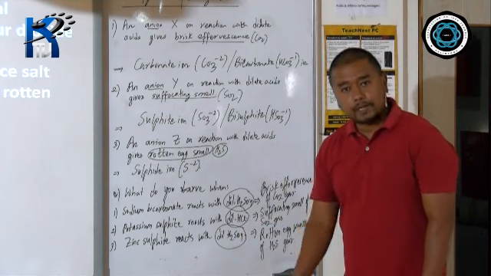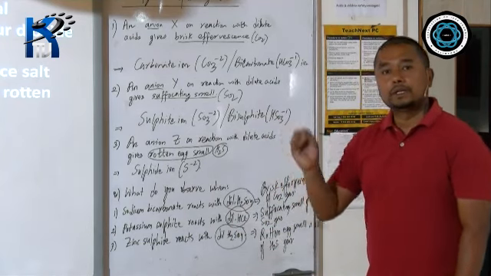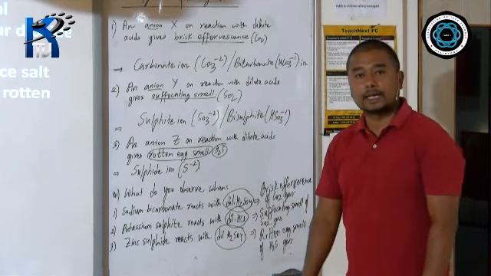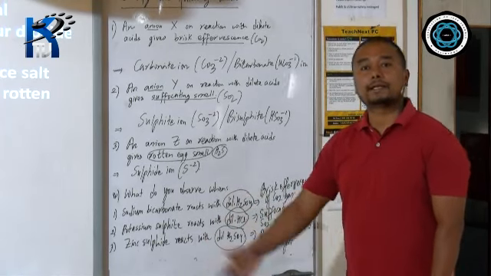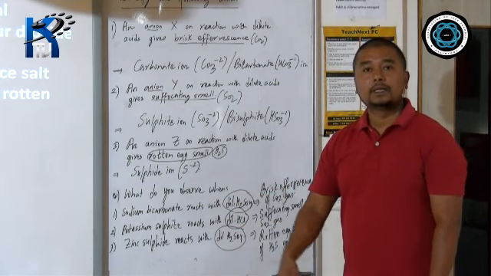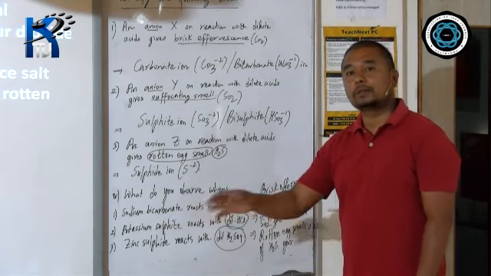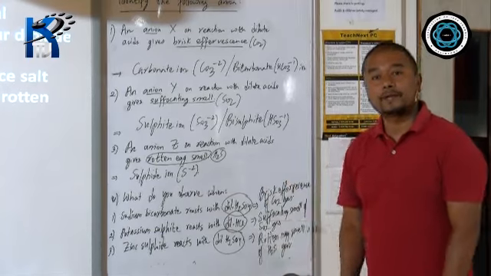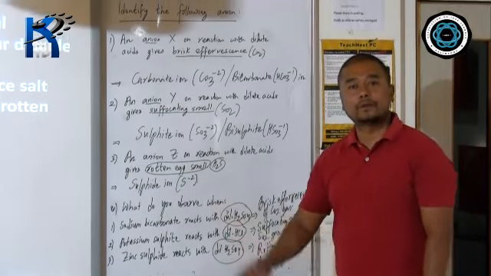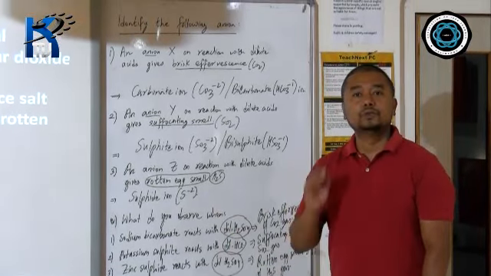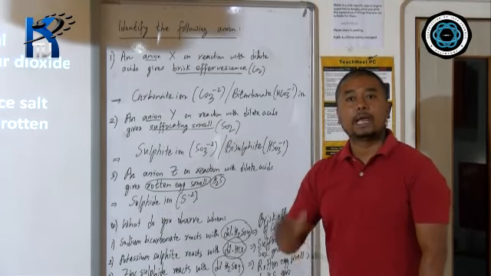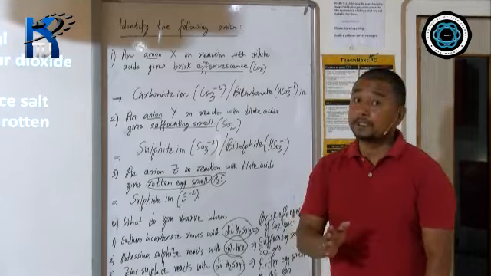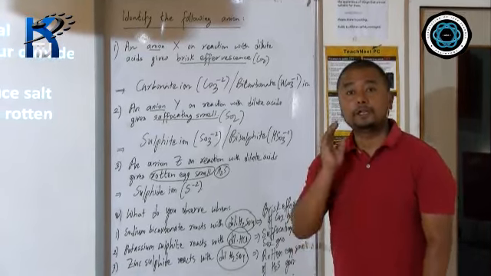Metal bicarbonate reacts with acid to give you carbon dioxide gas, water and salt. Metal sulfite and metal bisulfite react with acid to give you sulfur dioxide gas, water and salt, whereas metal sulfide reacts with acid to give you hydrogen sulfide gas, which has a rotten egg smell. So do remember these 8 properties of acid. It's very, very important, students, and it's going to help you in 4 chapters. I'm saying repeatedly because it's surely very important.